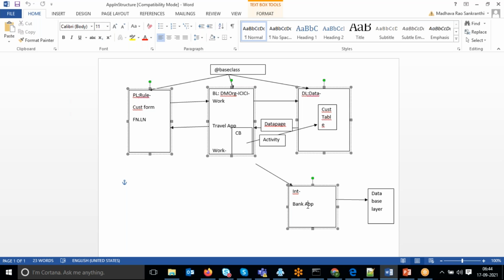The domain is not a problem. Finally, how can we connect to different applications? For that, in the industry, the feature you can call the integration feature. To design the integration feature, we have the web services concept in the industry. For web services we mainly use SOAP and REST, and we need to write a lot of custom code.